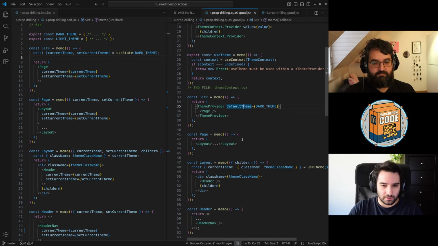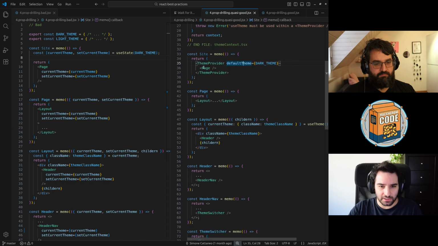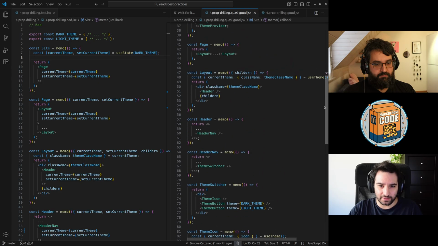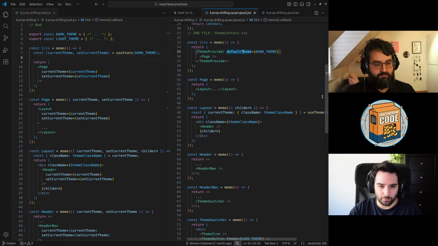So to make an example, in that case, you have the page that here can access the context, but like in the real example, also the button that are underneath. But if you put a context and you wrap, for example, the header nav component, from here to here, you access that provider.